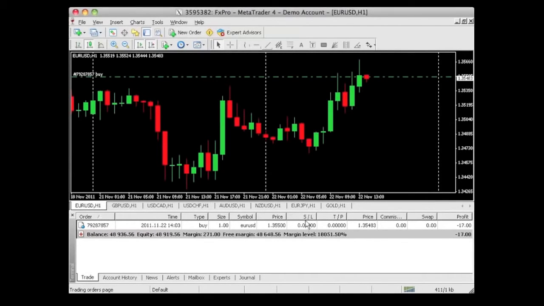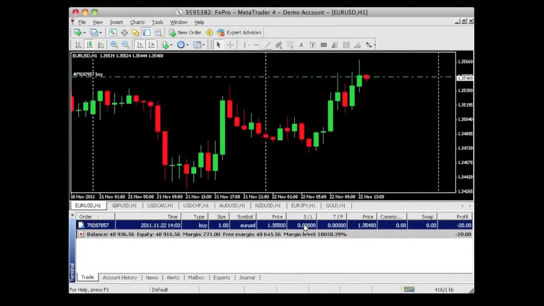Now we will see right here where it says SL. That means your stop loss. A stop loss is basically what is the maximum amount of loss you can afford to take when the system automatically closes you out. Okay, so we can set the stop loss on our own. Now the price I entered is right here,